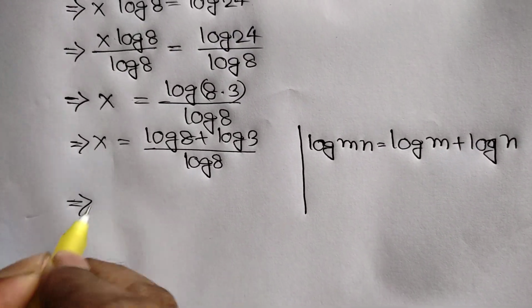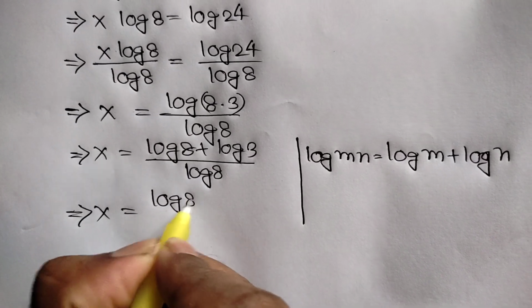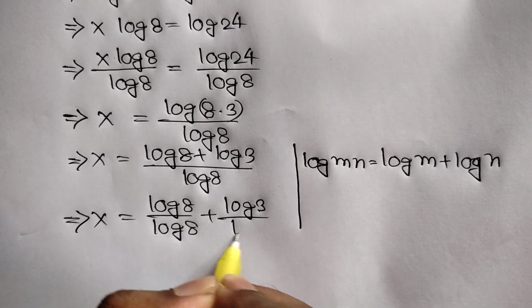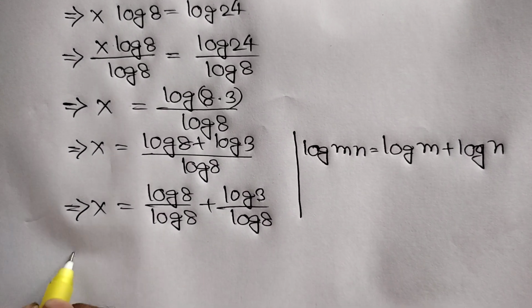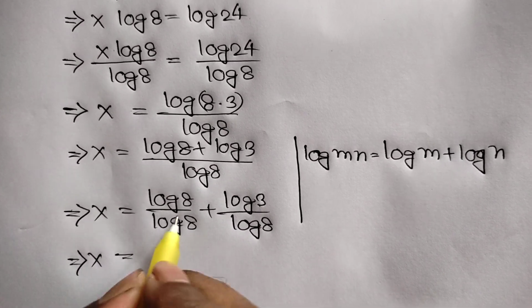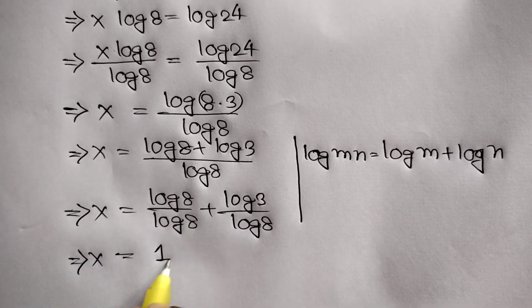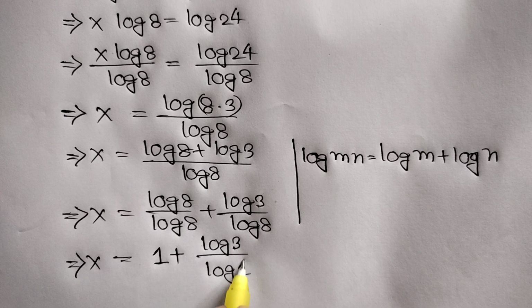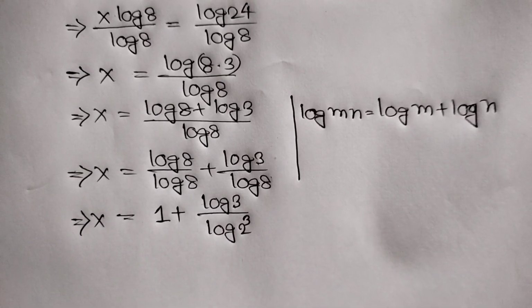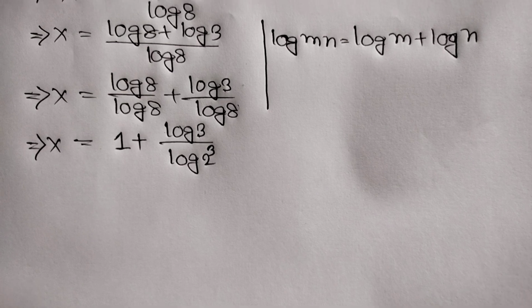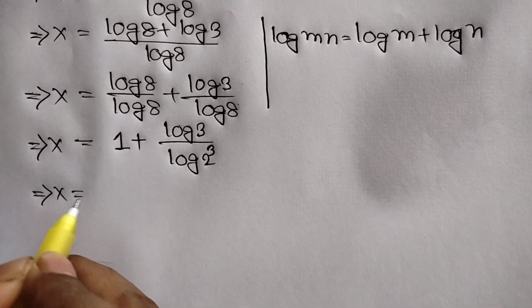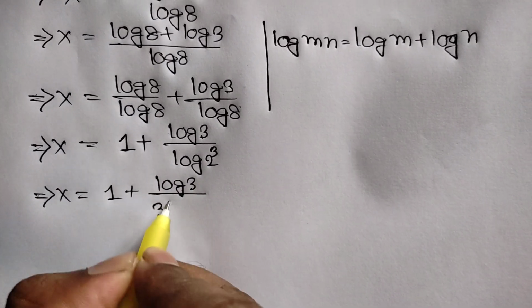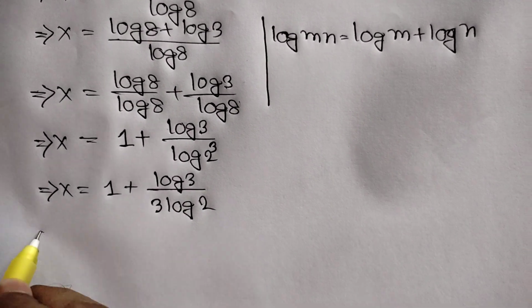or x is equal to log of 8 over log of 8 plus log of 3 over log of 8, or x is equal to this log of 8 cancels out this log of 8, so it will be remaining 1 plus log of 3 over log of 2 cube, because 2 cube is the same as 8, or x is equal to 1 plus log of 3, here we can write 3 log of 2,